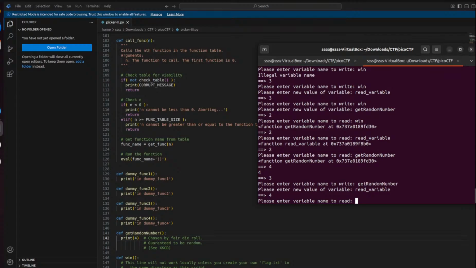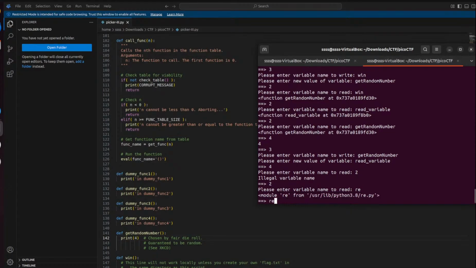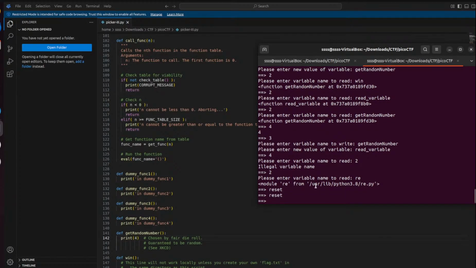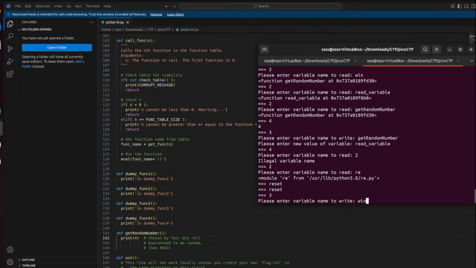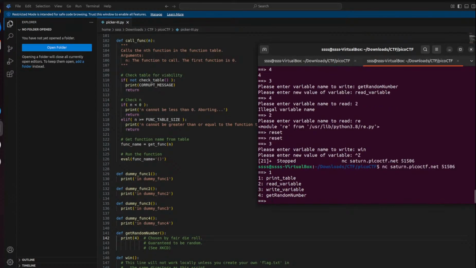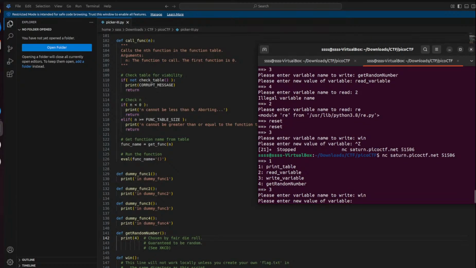Okay, wait, let's reset. Let's write the win. Okay, the win. Okay, let's restart. Let's show the tables. Okay, let's write the win to the print table,